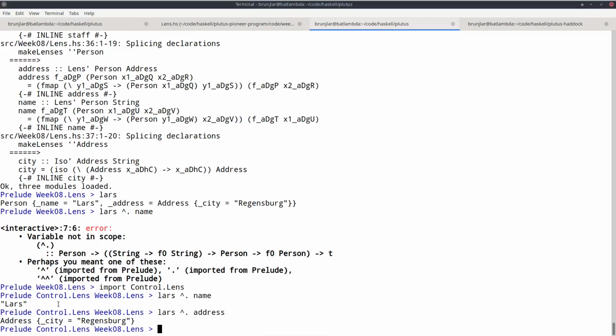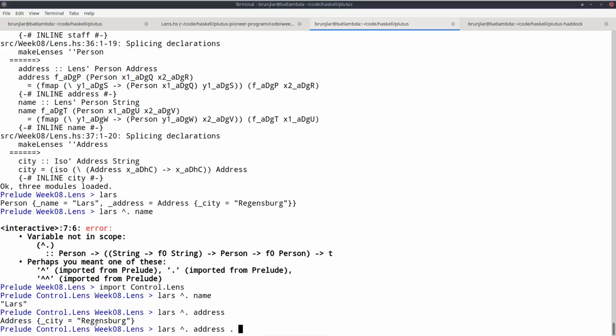So one very important feature of lenses, and that makes them so powerful, is that you can compose them. So using the address lens, I get from a person to the address. But the address itself is again a record type, which has this city field. And I can chain lenses together if they are compatible. So I have something going from person to address, and I have something going from address to string, then I can combine them.